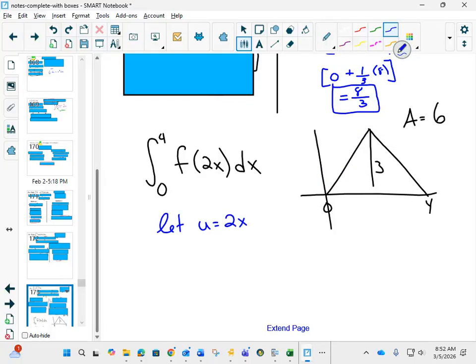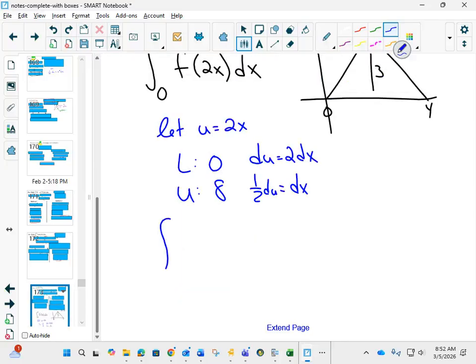let u equal 2x. Okay? What does that do? That means that my lower bound would be 0. My upper bound when x is 4 is 8, which makes sense because we had our original function. But du will equal 2 dx. In other words, dx is half du. So now if I look at the integral from 0 to 8 of f of u, 1/2 du,